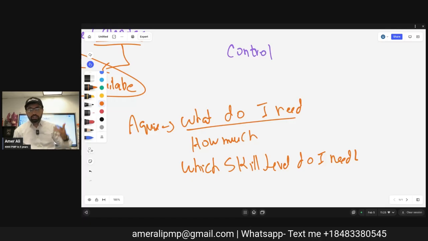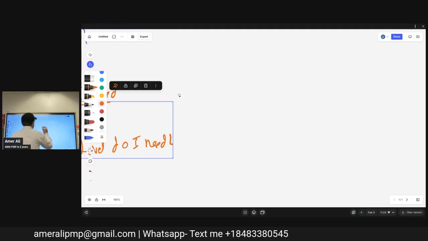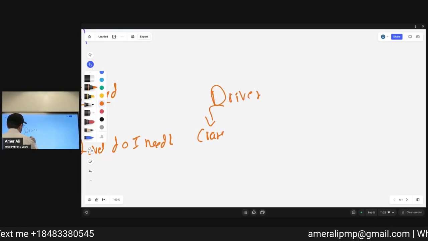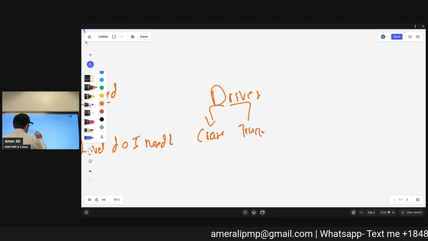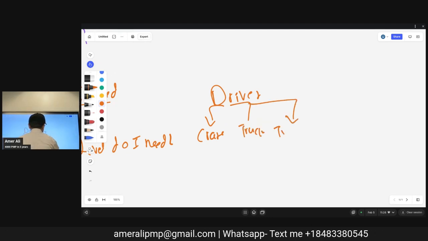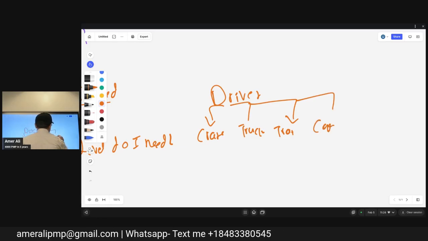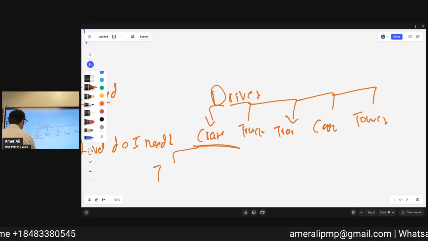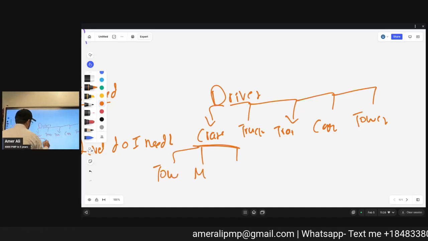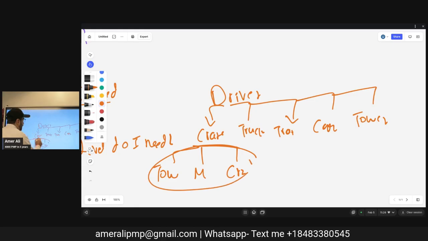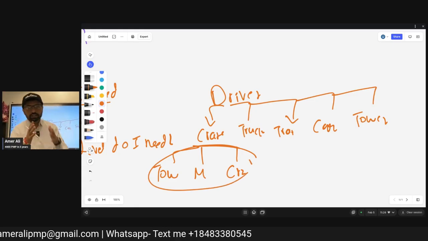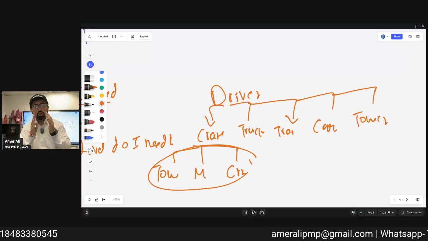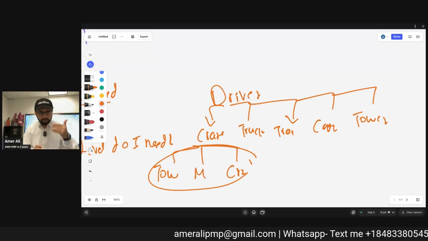So you see all these. If we just focus on drivers, I need crane drivers, truck drivers, trailer drivers, car drivers. I need tower crane drivers. Even in the cranes, I need tower crane, mobile crane, crawler crane. And then I also need a crane signal person. So all crane operators, all safety engineers, project managers, all the resources that you need, I pointed out and identified.